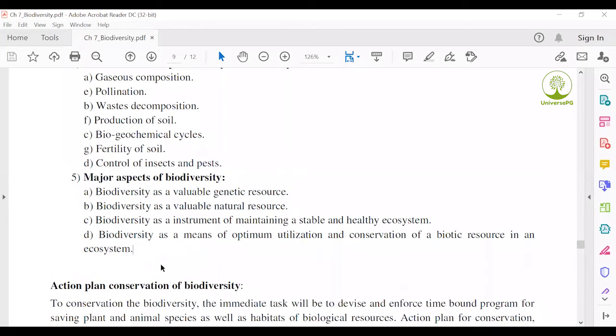So we use different types of biodiversity components for the maintenance of the environment. When we increase the plantation in our natural environment, these plants reduce the carbon dioxide level in the natural environment and maintain the oxygen and carbon dioxide balance. Otherwise, day by day, this increasing carbon dioxide damages our ozone layer. Ozone layer depletion creates global warming and also high temperature in our environment. So biodiversity components are very essential to maintain the environmental balance.